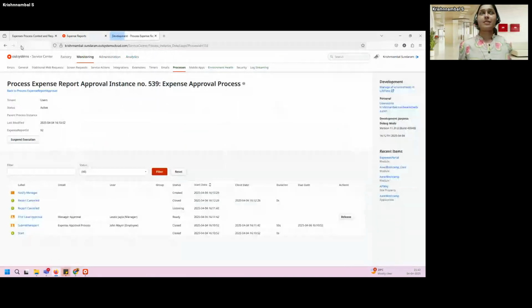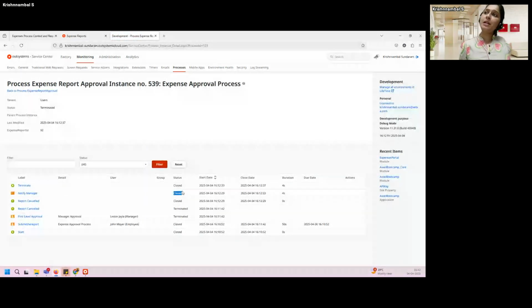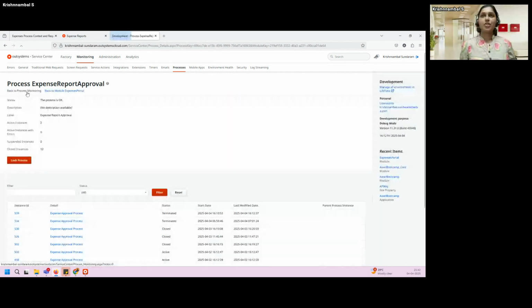Let's see what happens. Report cancelled has closed and the notify manager automatic activity has been created. Now, when you refresh, that will also be completed and the process has been terminated. Okay. So this is all about conditional start. I hope you guys understood conditional start.